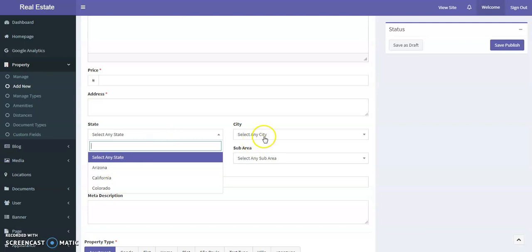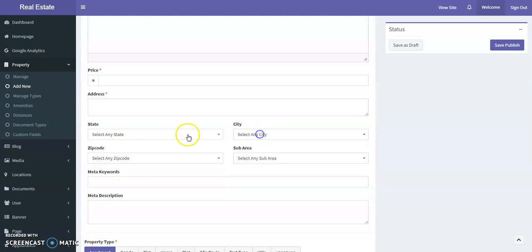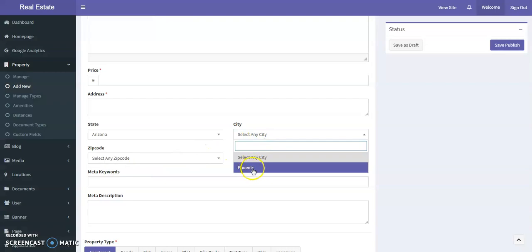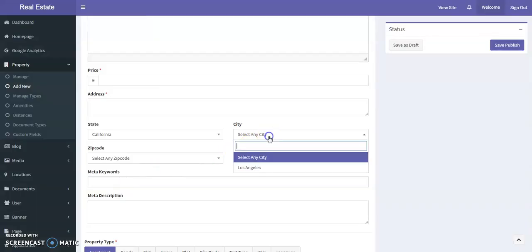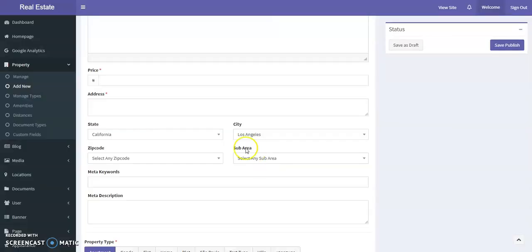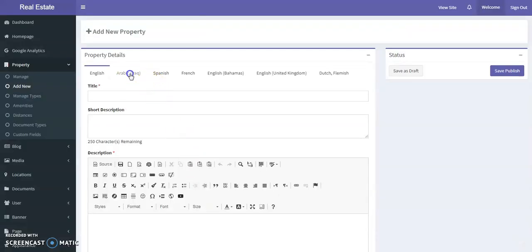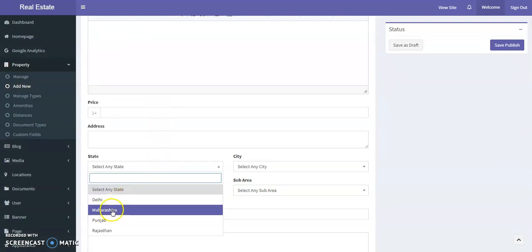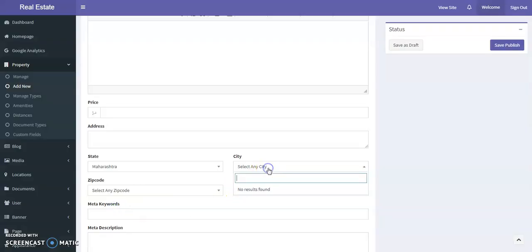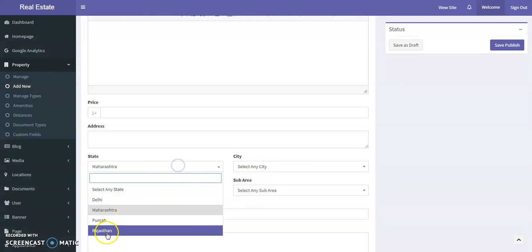So we can see these are the states and no cities. When we select Arizona, there is Phoenix. When we select California, the city changes to Los Angeles. Now go to the Arabic tab. We can see Maharashtra, no city selected.